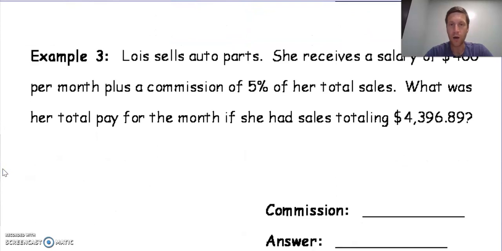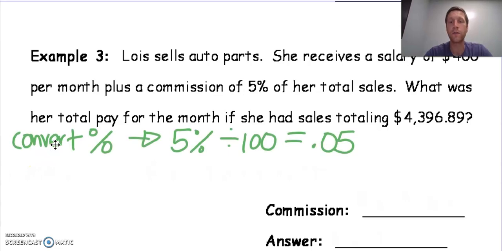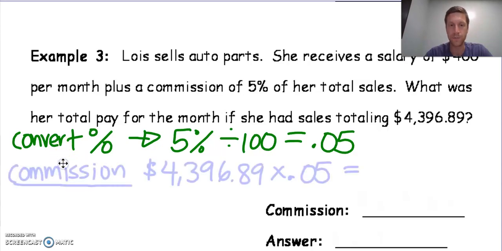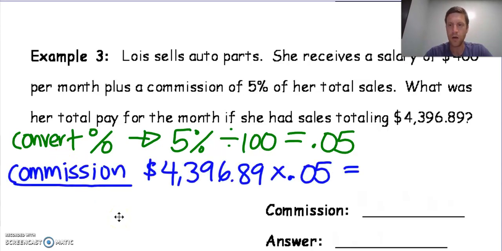Let's take a look at Lois. Lois sells auto parts here in example 3. She gets a salary of $400, so she doesn't have to earn that from selling anything. She gets a salary just for showing up to work of $400, plus she gets a commission of 5% on her total sales. So what's her total pay for the month if she had sales totaling $4,396.89? So the first thing we want to do is calculate her commission. 5% translates to 0.05 as a decimal. We can calculate commission. We take those sales dollars and multiply it by that 0.05,